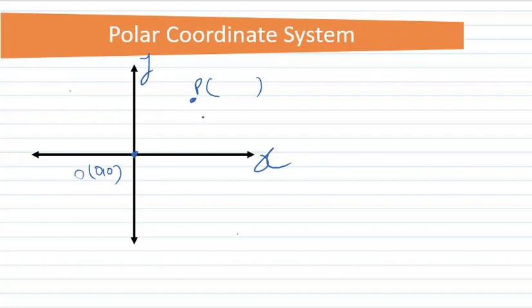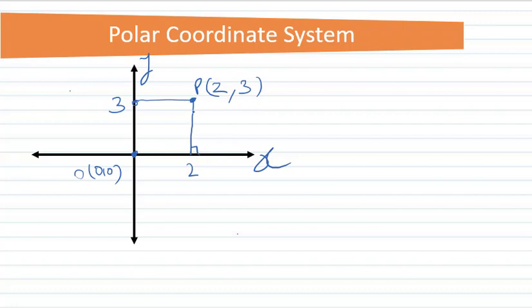So if I want to find the location of point P, what I am doing? I will draw a perpendicular on x-axis. So let's suppose this perpendicular from point P on x is at point 2. Right? So what I am writing? I am writing the 2. And if I draw a perpendicular on y-axis from point P, let's suppose it is at point 3. So as a y-coordinate I am writing 3. So this is the way we are locating a point in Cartesian coordinate system.